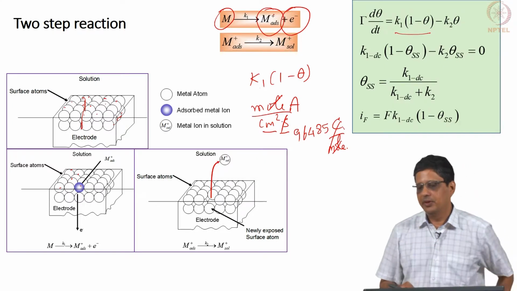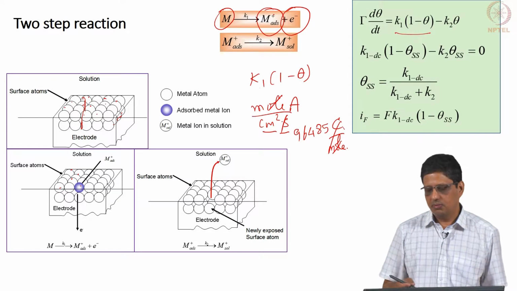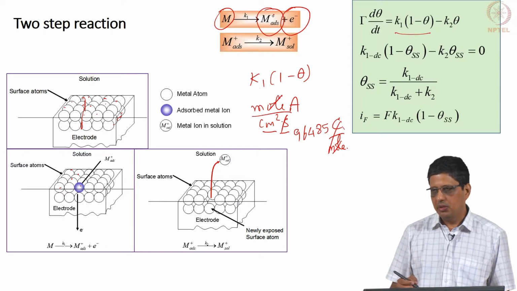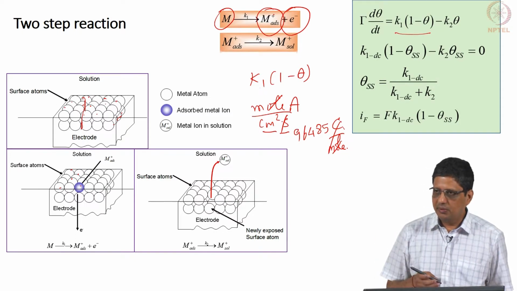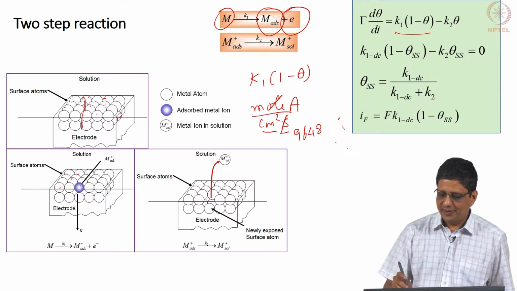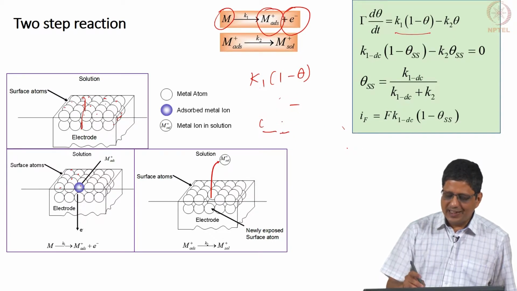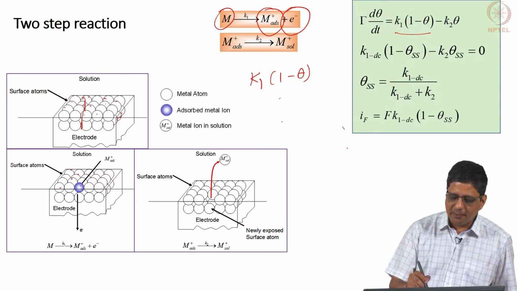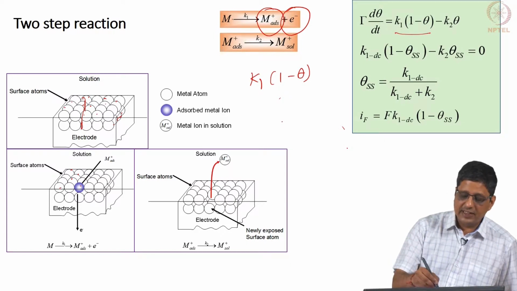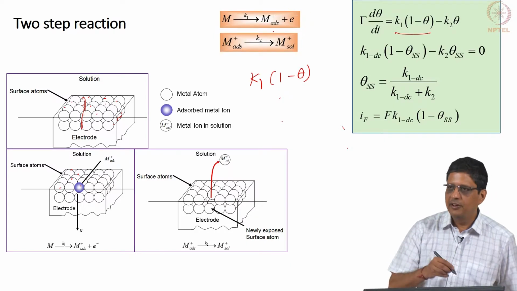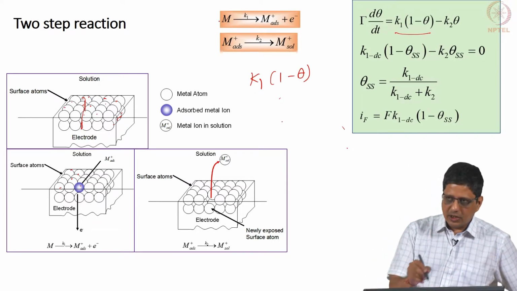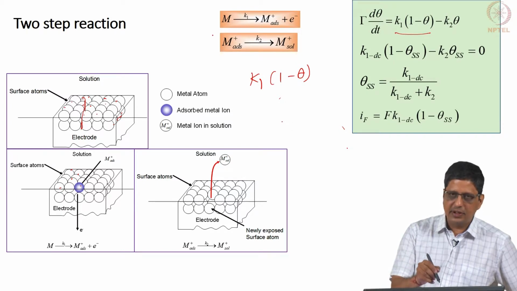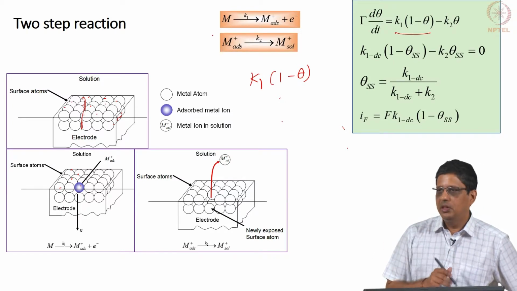In this case, it is like that, but in the copper 2 plus case, it is giving 2 electrons, right? One copper. So, the number of electrons will become 2 times that rate. Here, the mole means moles of electrons, not moles of atoms. Is it like that? No, here K1 (1 minus theta) represents the number of M surface atoms that are consumed by the first reaction. Because you can look at this equation and say this equation gives 1 electron, therefore, it is equal to the number of electrons produced by this step.